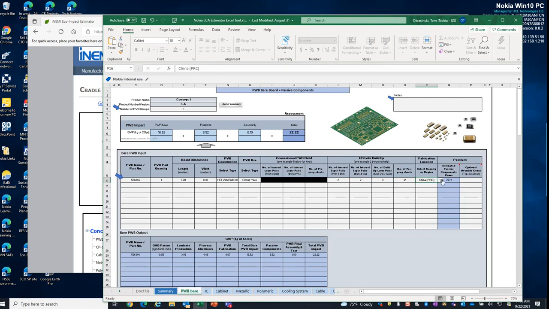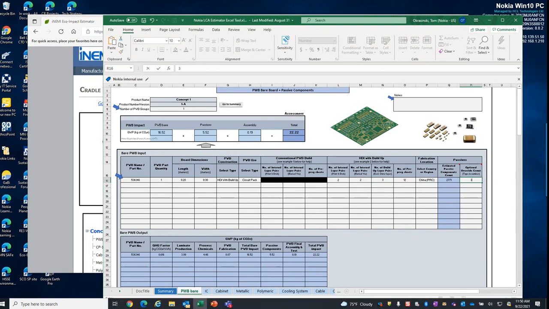Here's the estimated passives, 2,771 resistors, chip capacitors. You can go with that. It'll tell you what the impacts are, or you can give it a more accurate count. Say, no, I really have 3,966 passives in there, and it will override that. Oops, sorry. Let's put that in